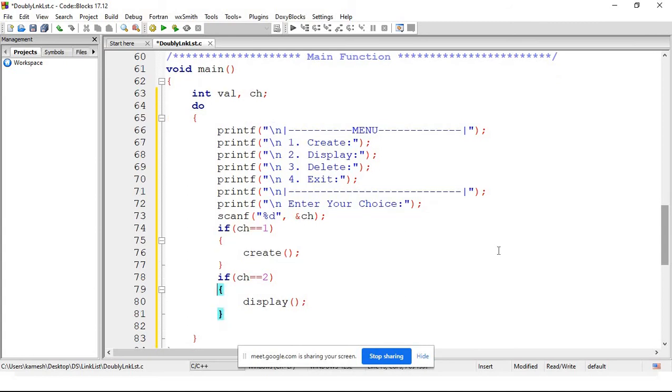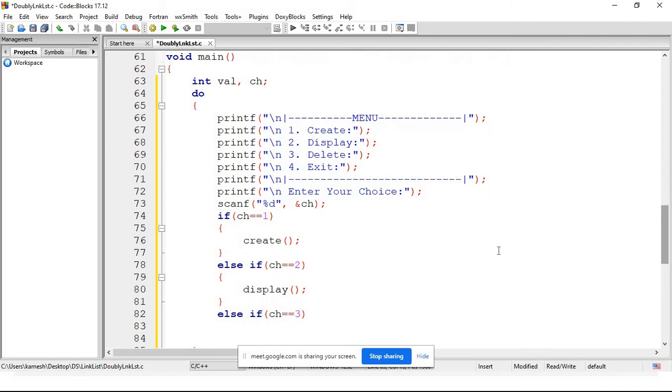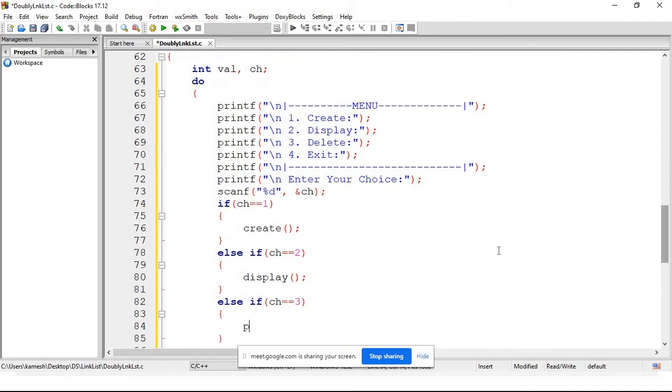Okay. Here I'll just write else if, right? And again in the else if, choice is equal to 3, in that case we just need to take a value from the user, say enter value to delete, right?